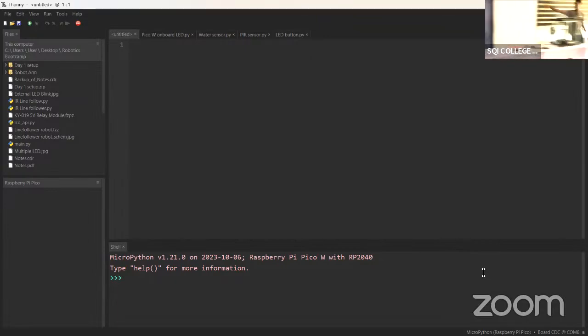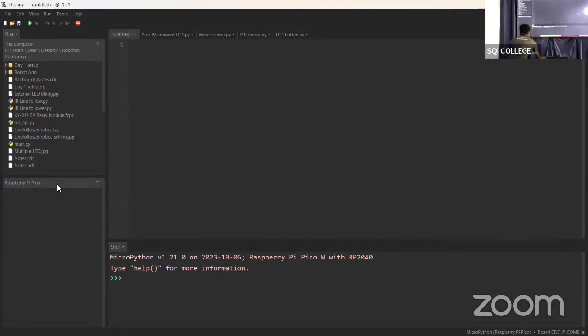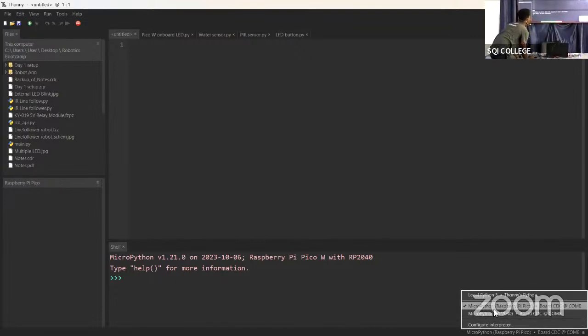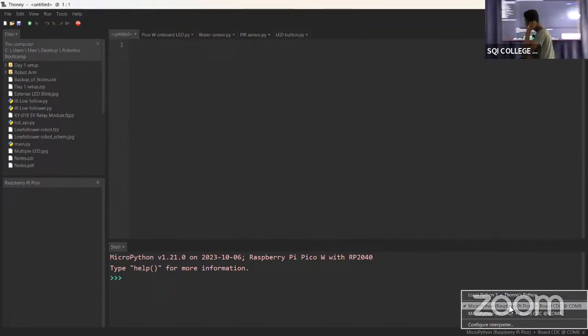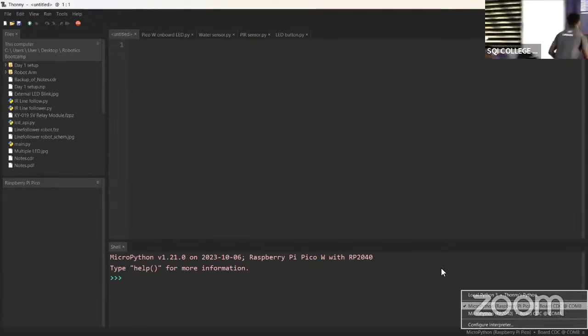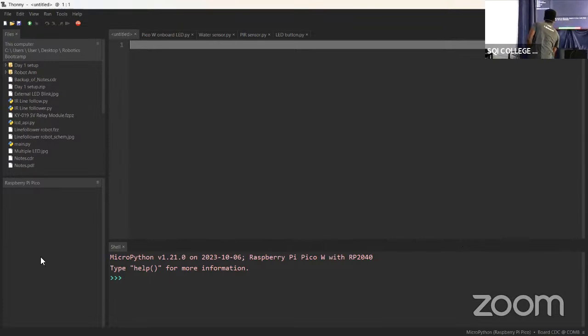Can we see a Raspberry Pico file explorer on that side? Right here. If you don't have it, click on this button here and click MicroPython Raspberry Pico. A prompt will come up on this side. Can we see it? If you cannot see this interface,